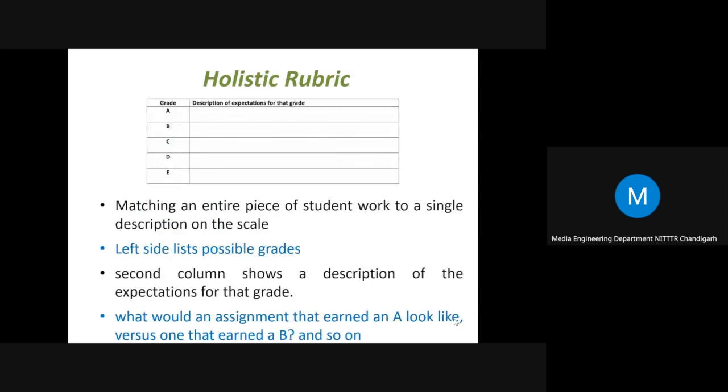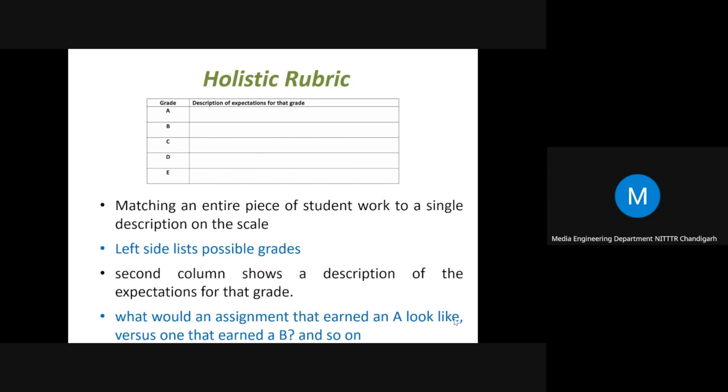So holistic rubrics are of this kind, that we have to assign, say, a grade. We are interested in matching an entire piece of student work to a single description on the scale. We have different scales, or different grades, and we want to award a particular grade to the student work. In the second column, the description says how that grade will be awarded, that is, what the expectations are to award that grade.